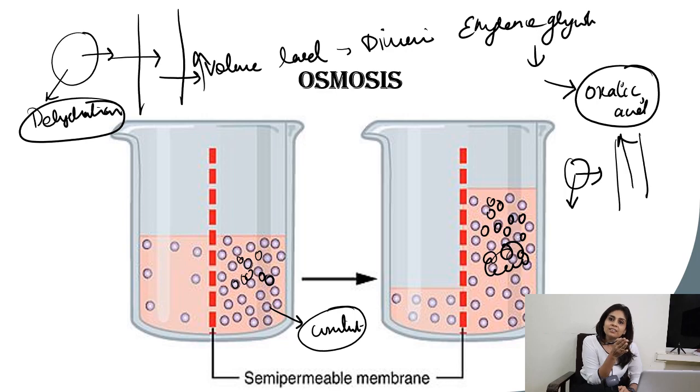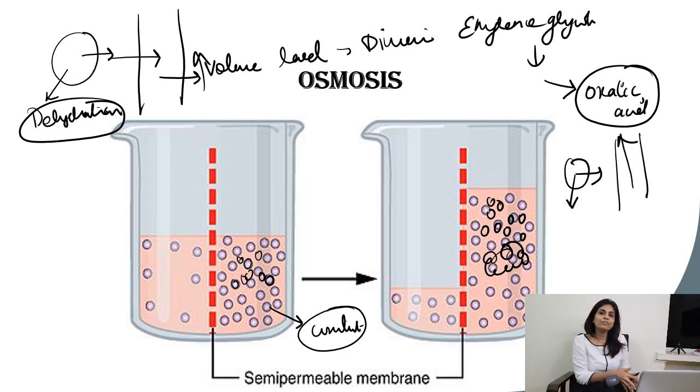And in all these conditions, if you want to assess the extent of intracellular dehydration that has happened, will you be able to get into every cell and assess the extent of dehydration? You can't. So to get an extent of dehydration that has happened in the cell, you are indirectly going to measure it by measuring the osmotic pressure that has to be applied to prevent osmotic movements. Right? Again, can you measure osmotic pressure by connecting a manometer to every vessel and applying pressure to see how much pressure needs to be applied to prevent osmotic movements? No, that is also not possible.